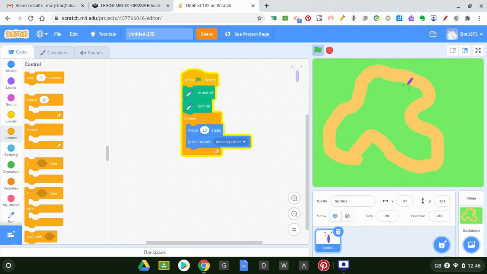I want you now to go to Scratch, open Scratch. Remember, you start by painting your track. You have to have a background, then you draw your track. After that, you draw your slug. After you draw your slug, then you're going to create the code that will make the slug move and have its pen ready for